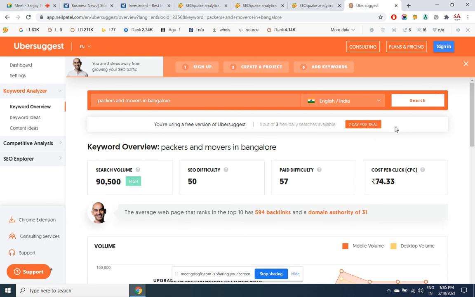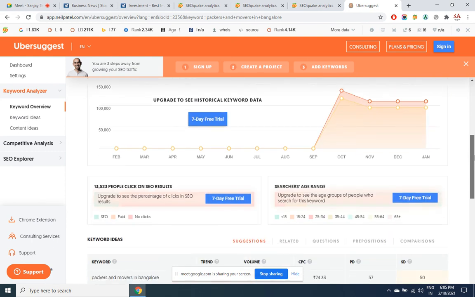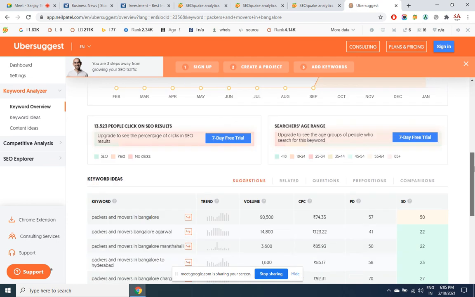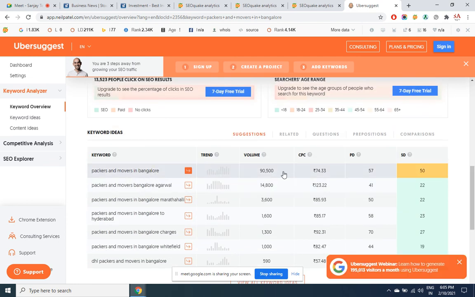It will allow only 3 per system, but if you use an incognito window, you can do more searches. 90,500 is the search volume. See how the search volume has increased over the previous few months. Packers and movers in Bangalore, 90,500.